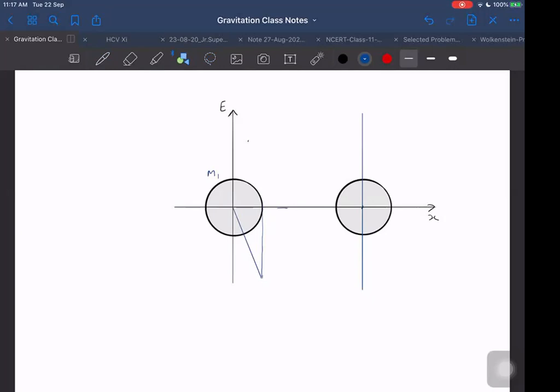It is going down. Electric field is negative here. Negative means along minus i cap. Electric field is not along j cap. If it is along y-axis, it does not mean the field is along y-axis. We are plotting the field as a function of x. This is field as a function of x, along x-axis, how it varies.